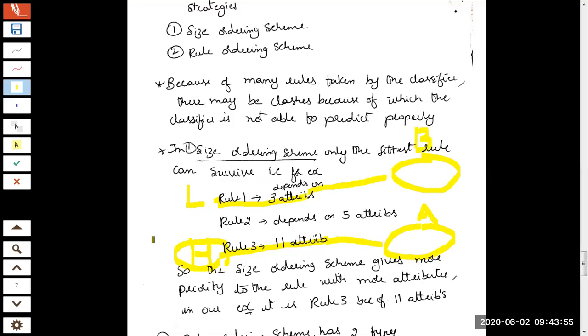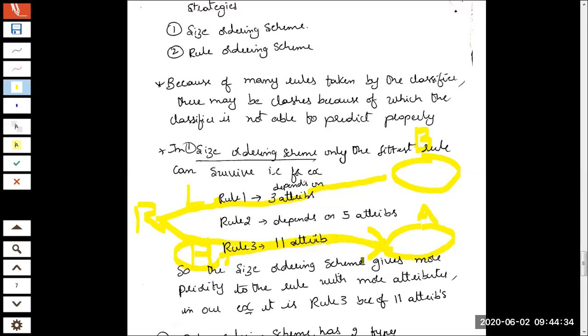Okay, same situation. One single record was there. Rule 1 is taking this record to class B, and rule 3 is taking this record to class A. Now, who is the clear winner here as per the mechanism that has been decided? As per the mechanism that has been decided here, the rule with the highest number of attributes will be the high rank rule, and in my example it is rule 3, meaning that this record will go and sit inside class A.